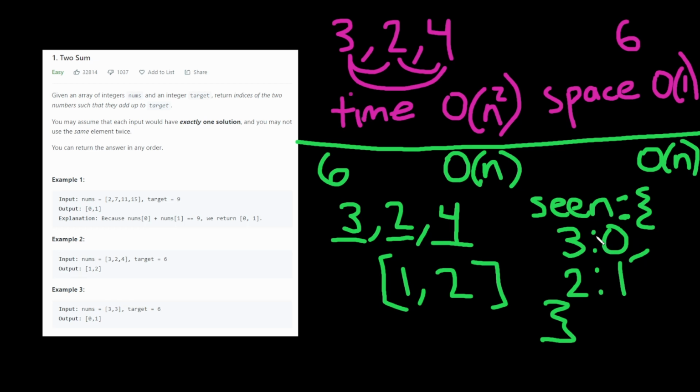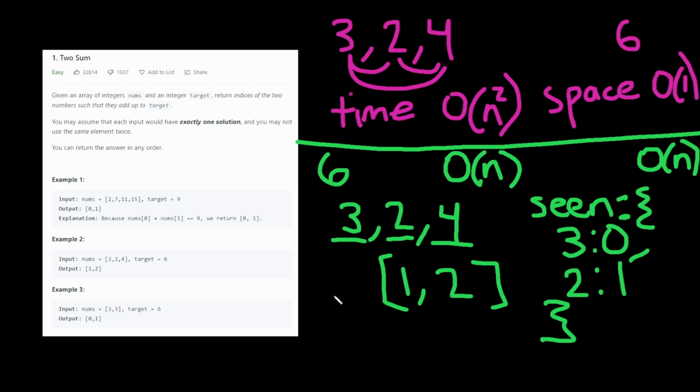So this is a really common data structure used in a lot of these algorithms because it has O of 1 access time, meaning that you can access an element in this hash in O of 1 time. And of course, there are a couple assumptions there that allow you to do that. The assumption is you know which element you're trying to access ahead of time. So, for example, when you're on this 2, you know you're trying to access a 4 here. And when you're on this 4, you're trying to access a 2, because those would be the numbers that would